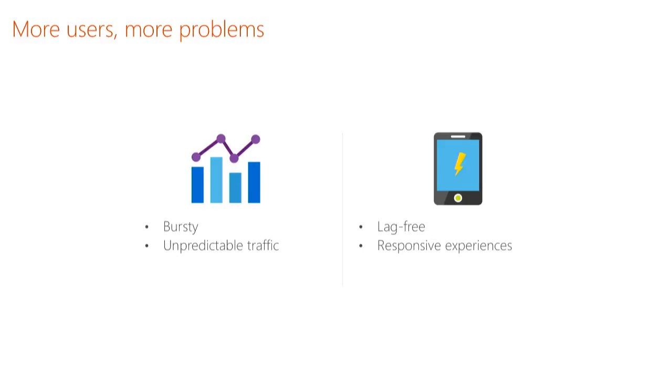How do you handle and scale on day one? Because if you don't scale on day one, there's a lot of very high-profile games that totally screwed up their launch, and this is an unforgiving space. If you screw up your launch, people just say, this game sucks, I'm never going to play it again. And games tend to not actually age very well. Not a lot of us like to play 10-year-old games or 5-year-old games. For a large chunk, this means that you need to be able to handle and scale for unpredictable traffic on day one, and then gradually scale this back to reduce the cost of running this system.